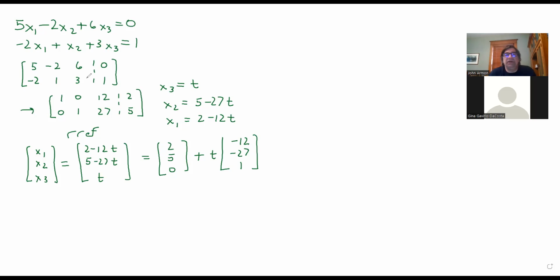So this is going to solve the system. This is kind of the variable part. So determined by this vector, any multiple of that vector right there. So this is a solution to the original system. So if we call that X sub 1, this right here is a solution to